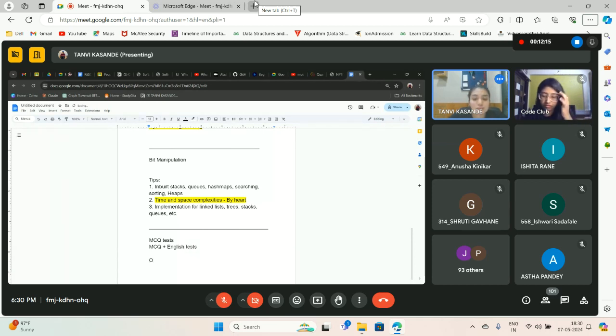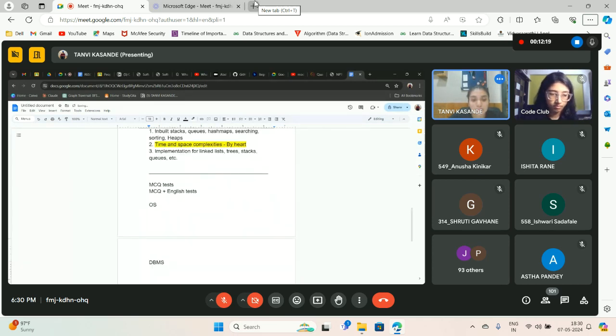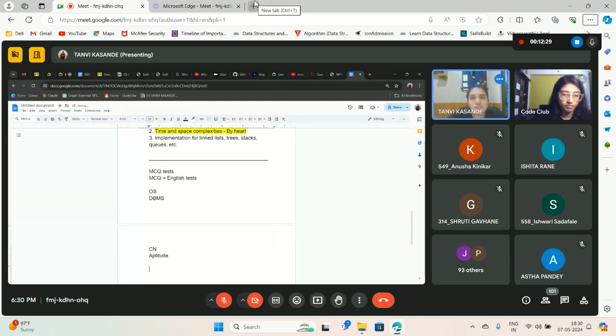MCQs might have OS, DBMS, computer networks, and aptitude. Although 90% of the companies will have DSA either in the form of MCQs or writing the code, there are a few companies who do not have a coding round.